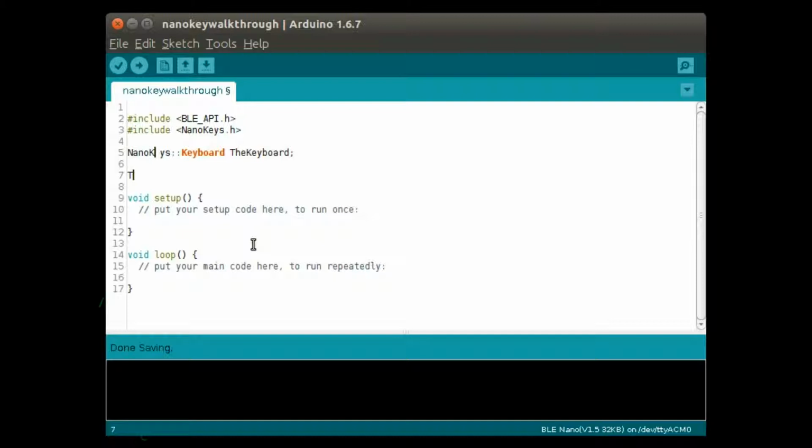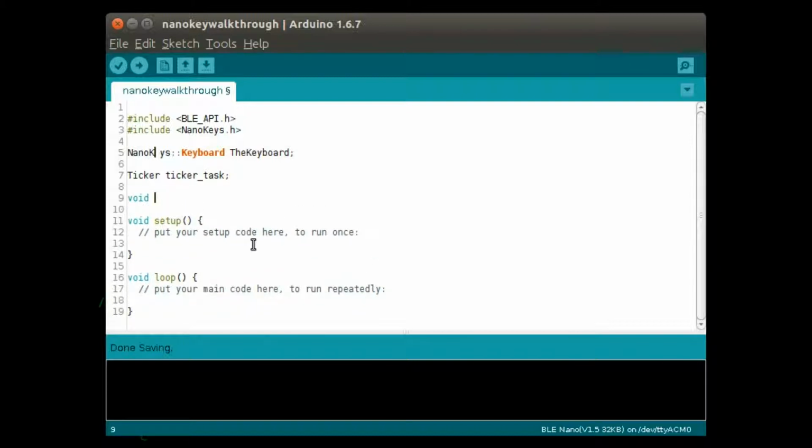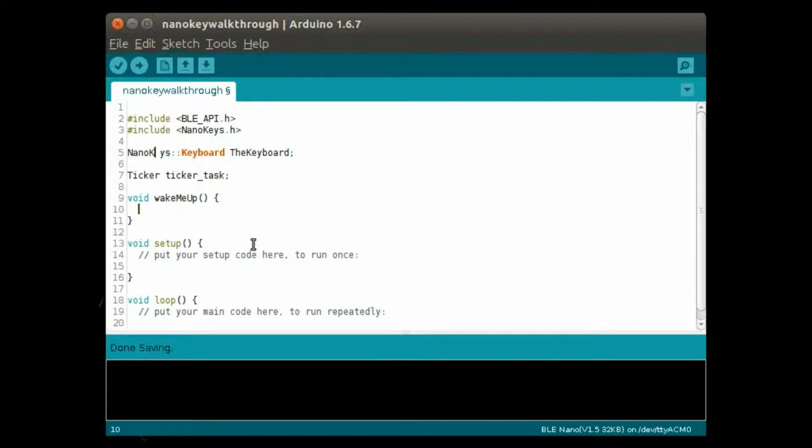The other thing we're going to need from the BLE library is a ticker. This is just a periodic task that's going to wake us up once in a while. We also need a callback for that, so wake me up. You could do some stuff in here, whatever you like. I treat it as an interrupt, so nothing too complex, but we don't actually need anything except the waking